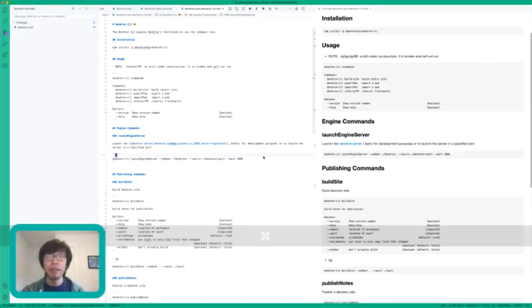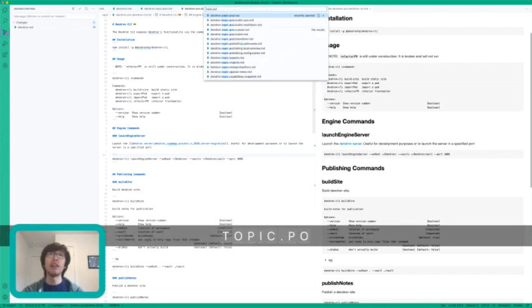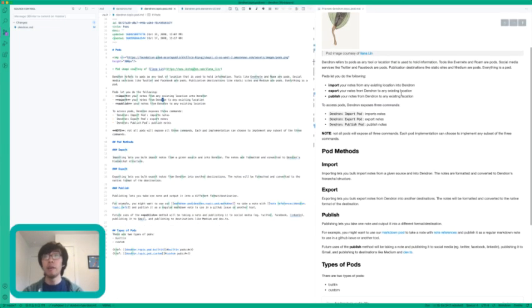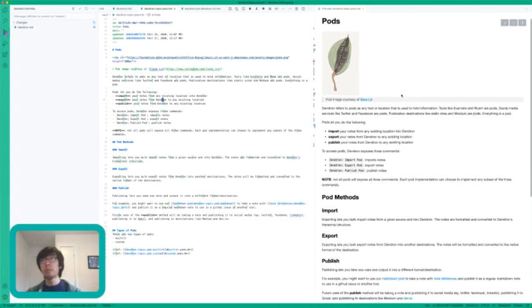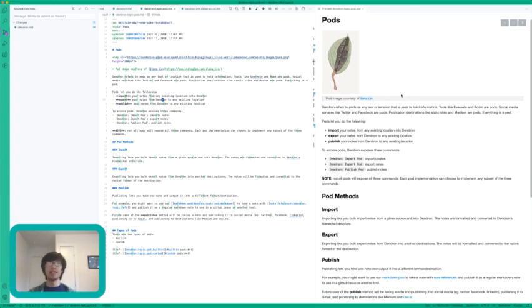But for now, if you do want to develop stuff, the low-hanging fruit right now is working on pods. We'll be making it possible to write your own custom pods to publish and export or import stuff into Dendron or out of Dendron. These will be both using TypeScript or JavaScript or using the API, and more details to